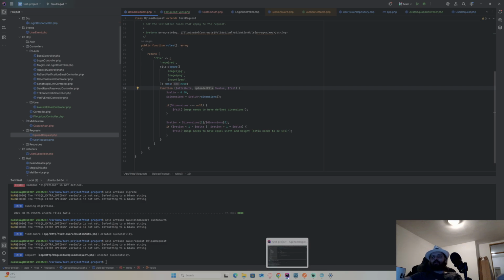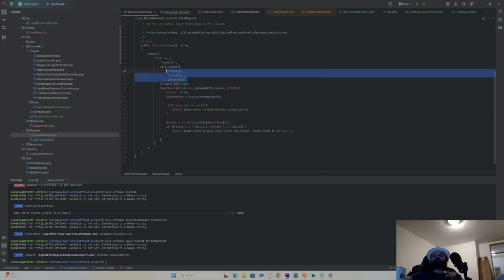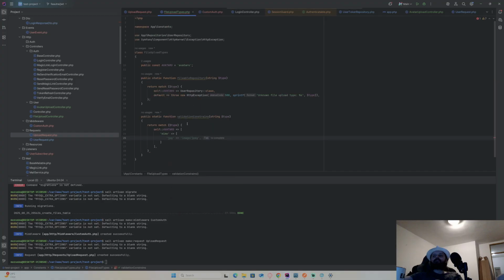Let me just go back to here actually, and here I'll have MIME types or MIME. Just call it MIME, and this is going to be array. And I'm just gonna put all mimes here. Now these are these mimes. And now I'm just gonna do size. And I'm gonna put the size I need. That's 2000 kilobytes.